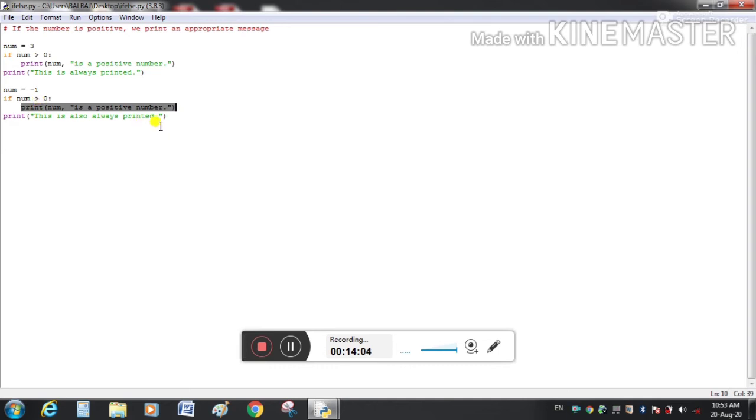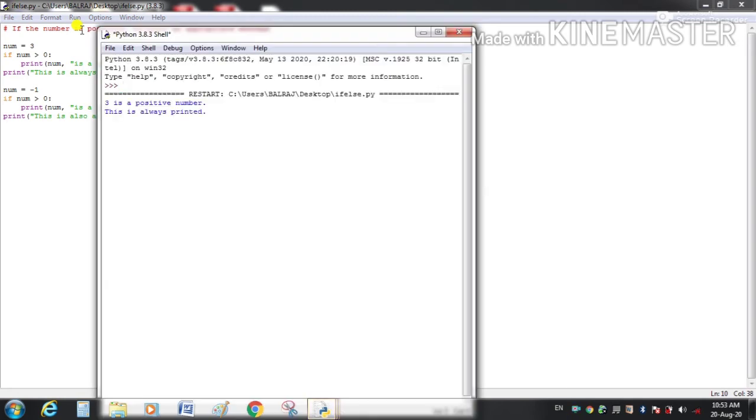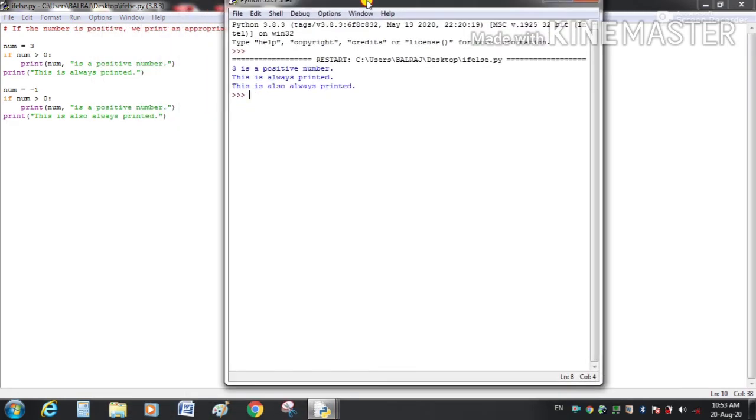So our control will come to the next statement. So this we will get as our output. Now we will run this program. So this is our output. You can compare it with the code.